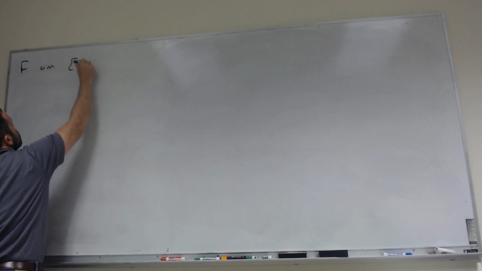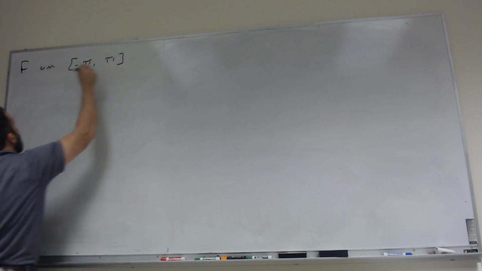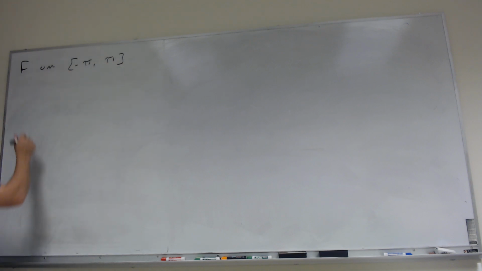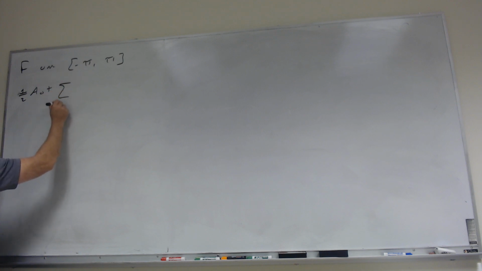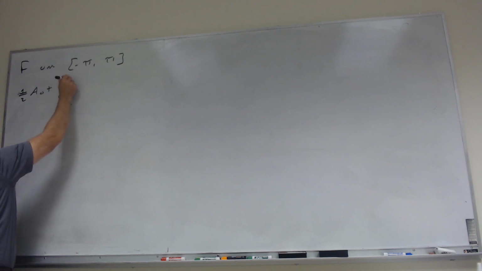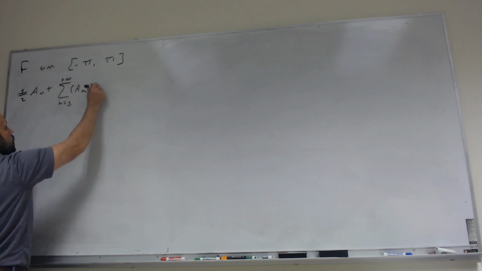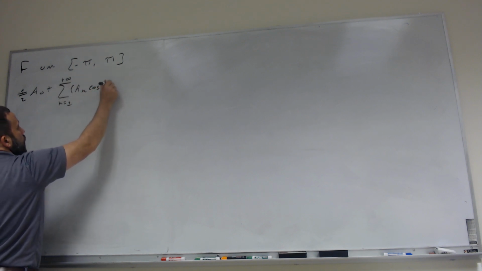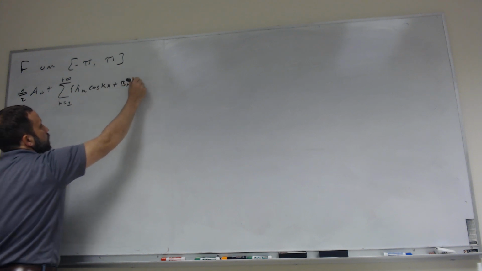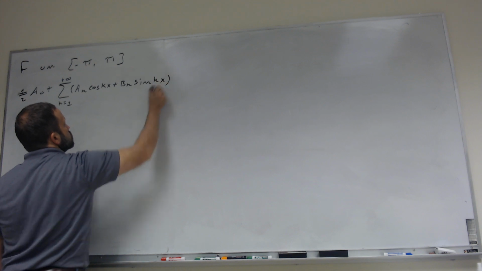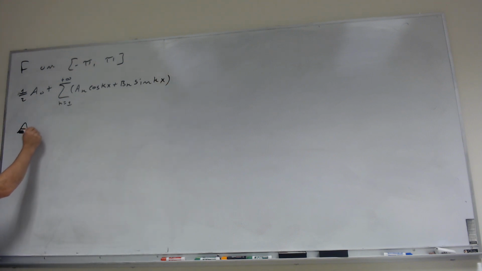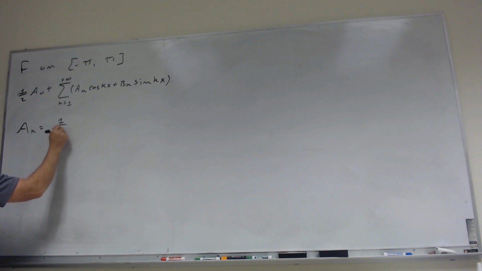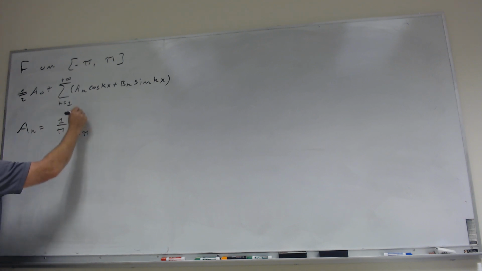So we're going to have some function f, defined on minus pi to pi, and you can remember the full Fourier series is going to be given by 1/2 a0 plus the sum from k equals 1 to infinity of ak cosine kx plus bk sine kx, and then the ak coefficients are given by 1 over pi times the integral from minus pi to pi